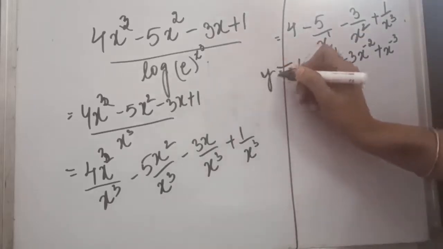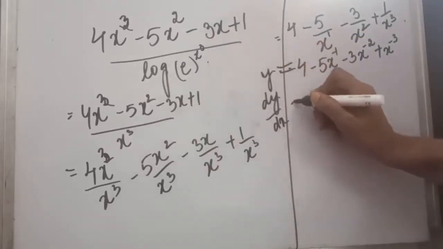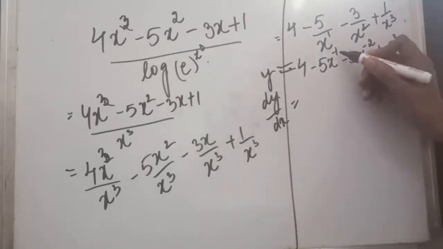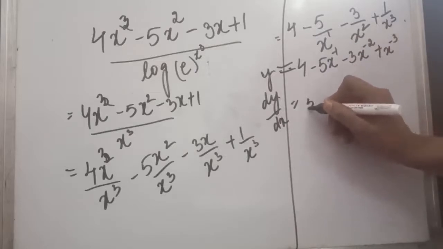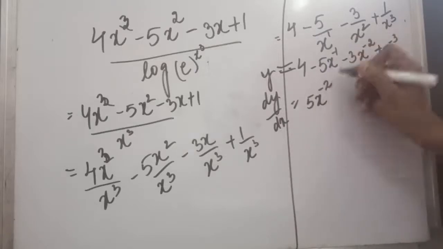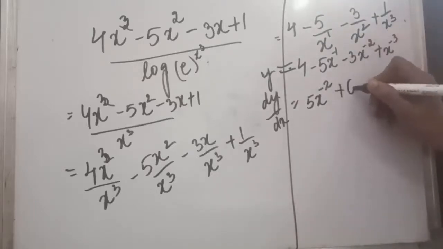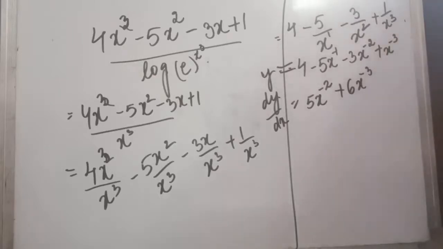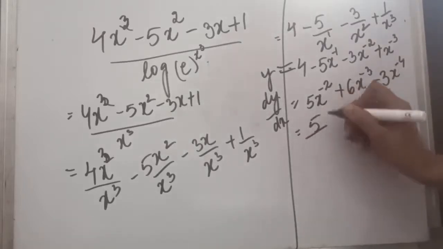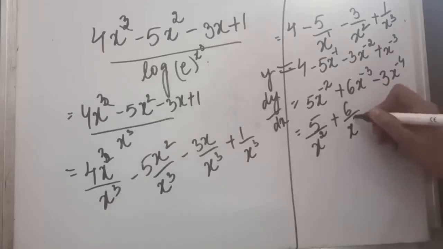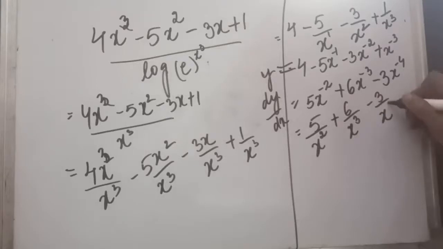Now taking the derivative, if this is a function, dy upon dx, derivative of 4 is a constant, it will be 0, so we need not write. This minus 1 will come forward, so it will be positive 5 x power minus 2, minus 1 will be minus 2. Again plus 2 will come forward, 6 power minus 3, minus 2 minus 1 will be 3. And last this minus 3 will come forward and power will be minus 4. So finally we can write this x can go below x square plus 6, again this 3 can go below minus 3, this 4 can go below.